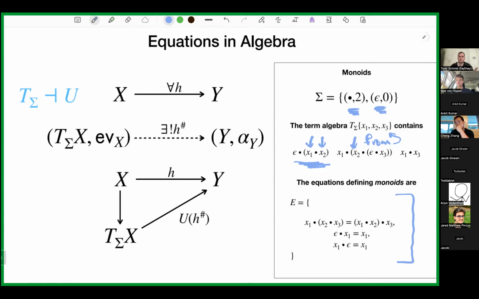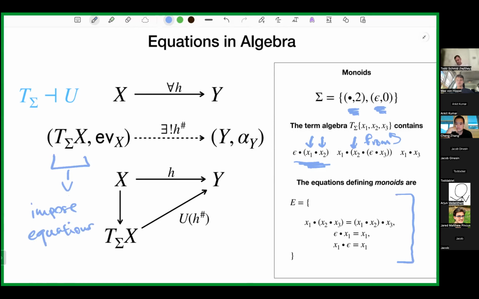But if we wanted to build the free monoid, one way to do it would be to take the terms and then impose the equations afterwards. And I'll mention this again, but